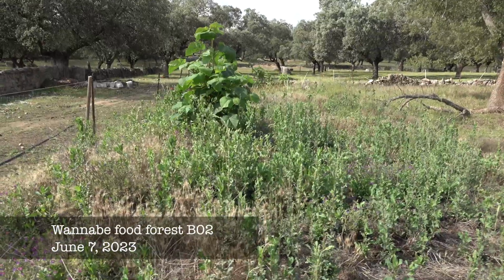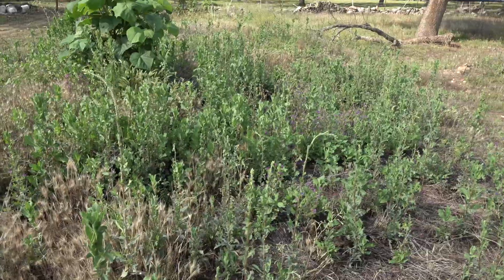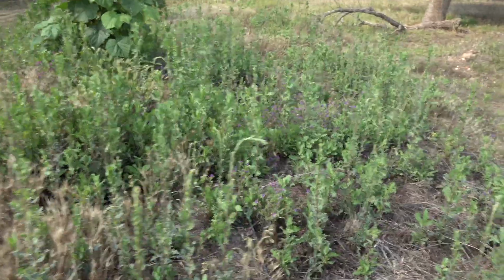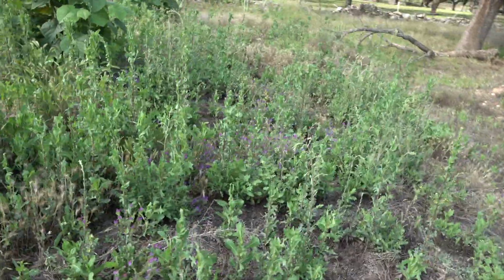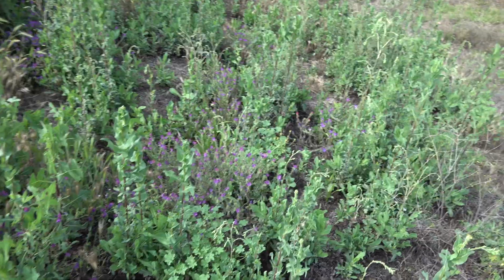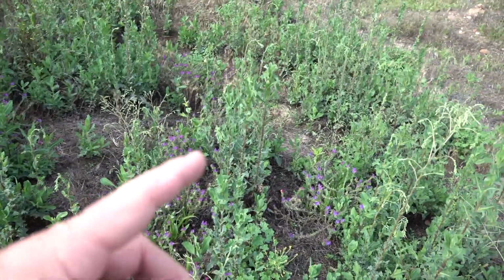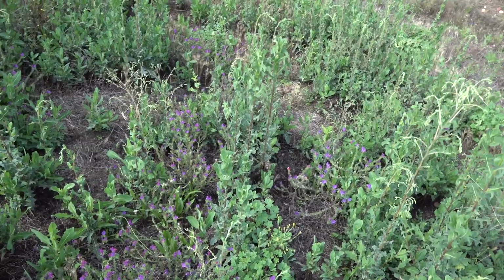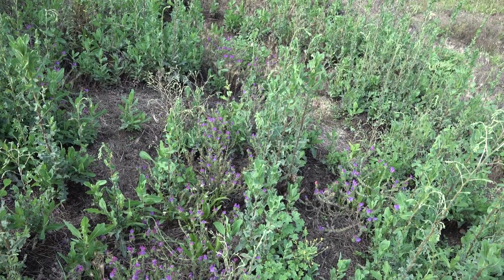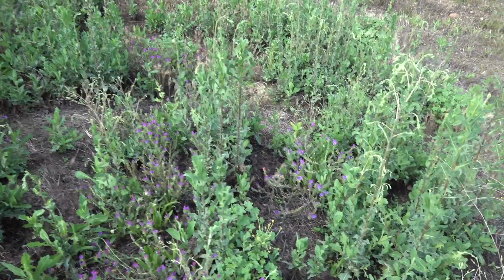So here we have some paulownia trees. That is the place, by the way, where we had some water balance at some point. And this is pretty good soil because a lot of organic material was growing and got decomposed here. I don't know what these are. It's a weed of some sort. And it comes up, and what the sheep won't eat, we will then cut down with the scythe or a